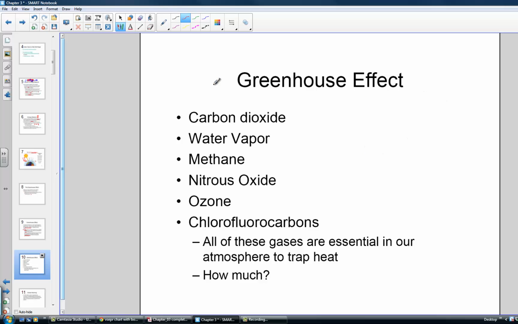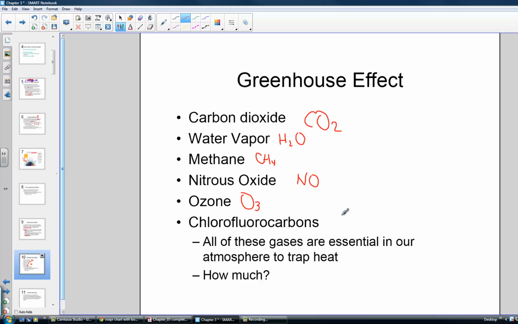So let's just check for some common understanding. These greenhouse effect gases, these are a list of greenhouse gases. We have carbon dioxide, very good at absorbing infrared radiation and storing it in its bonds. We have water vapor, just plain old moisture in the atmosphere. It's very good at holding and storing infrared radiation in the bonds of its molecule. We have natural gas called methane, which is CH4. CH4 or methane, again a molecule very good at holding energy in its chemical bonds, as well as nitrous oxide, NO. Ozone molecule, we studied last chapter, O3.